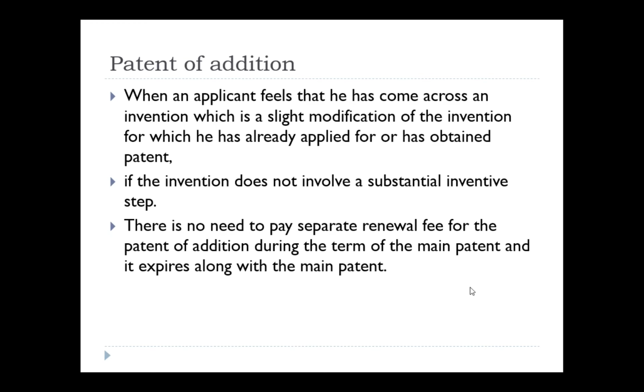I'll give an example for this as well. Say you are filing a patent in the year 2020, and the patent of addition you are going to file only in the year 2022, right? The fee is mandatory for this 20 years duration as per the patent office. As per the revised rules, for the first year and second year you don't need to pay any fees. From the third year to the 20th year you need to pay the renewal fee for granted patents. Please understand that it is not for filed or published patents, only for the granted patent.